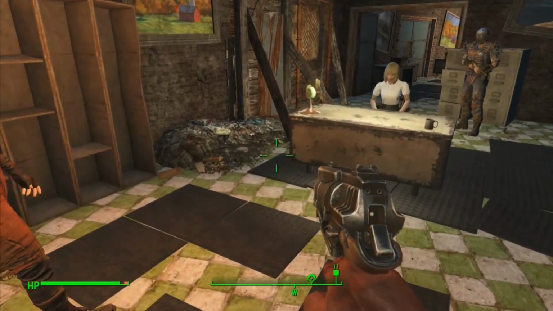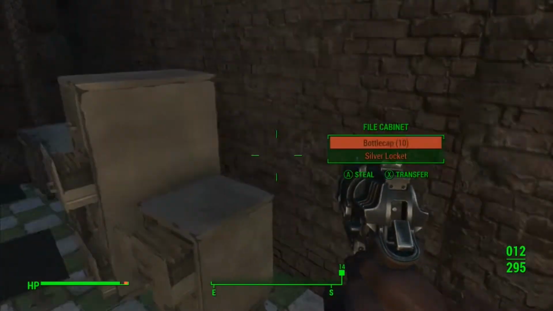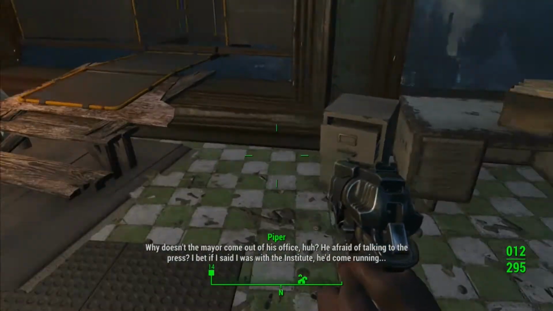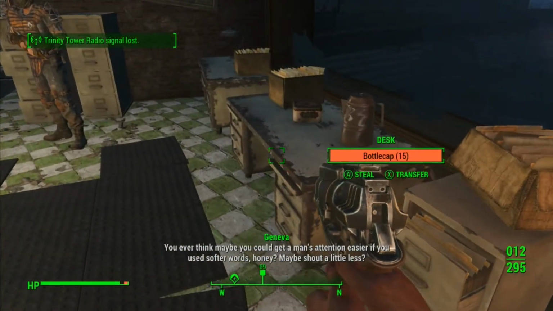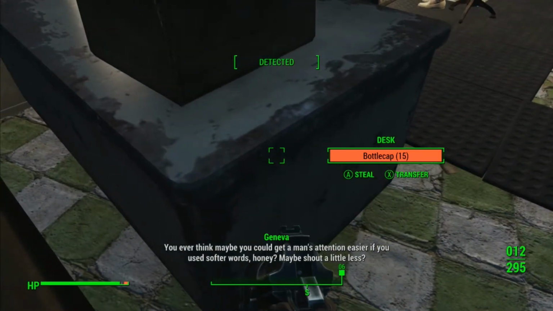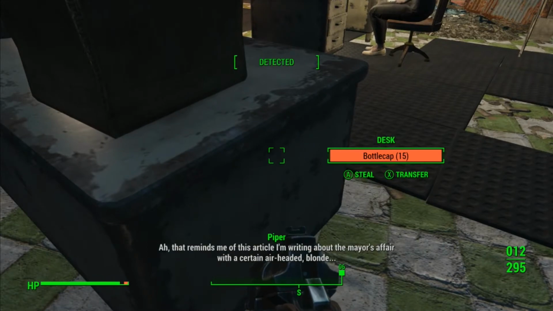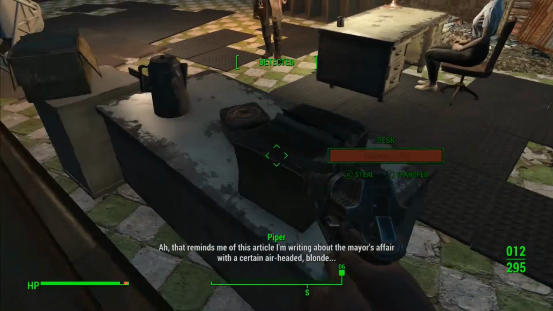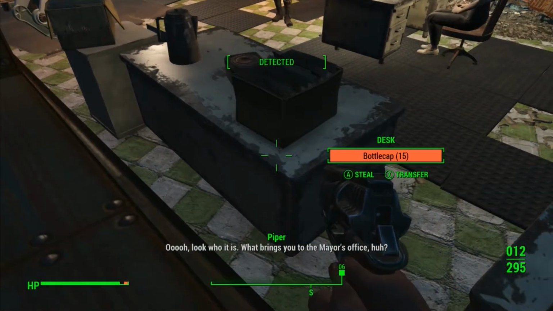Now Piper is no longer talking to the secretary. Oh, see, there we go. Why not use the elevator like a normal human being? I think maybe you could get a man's attention easier if you use softer words, honey. Maybe shout a little less. Oh, that reminds me of this article. The mayor's a bear with a certain air-headed blonde. Oh, don't want to jump off again. What brings you to the mayor's office,